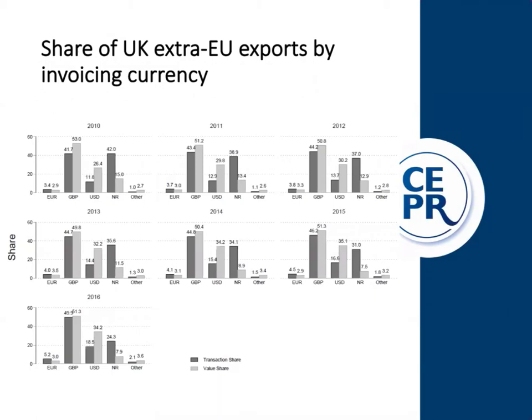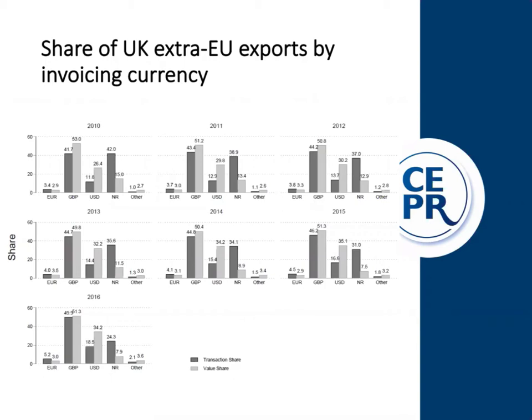So one thing I'll just start out with is, if you look across each figure, you'll see the first set of bars says euro, the second one GBP for Great Britain pounds, US dollars, and R stands for non-reported. So this is for those trade transactions whose value is below £100,000 in a given calendar year. They haven't reported their currency of invoicing. The last set of bars refers to other. So these are trade transactions in more minor currencies like the Swiss franc, the Japanese yen, Canadian dollar, etc.